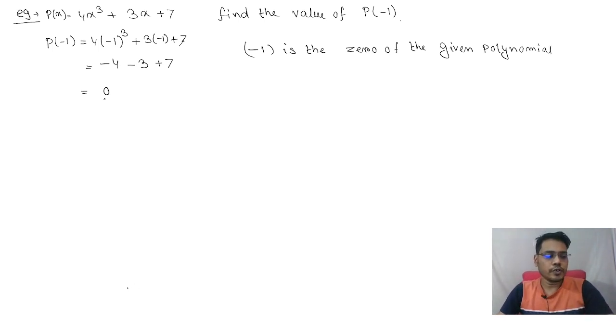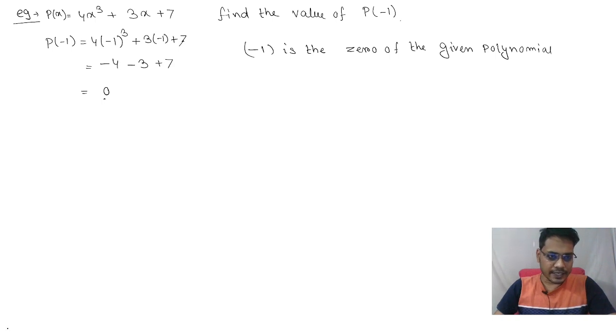Okay, so you can find the 0 if the entire value becomes 0, in which value that will be the 0 of the given polynomial. यहाँ पे आपको क्या मिल रहा है कि -1 पुट करने पर ये जो पॉलिनोमियल था उसका वैल्यू 0 आ रहा है, तो मतलब -1 ये पॉलिनोमियल का 0 है, मतलब रूट है।